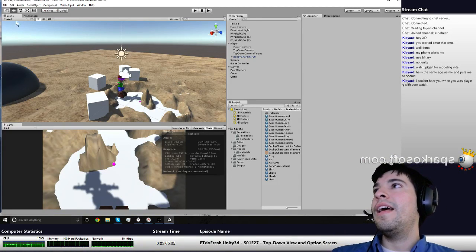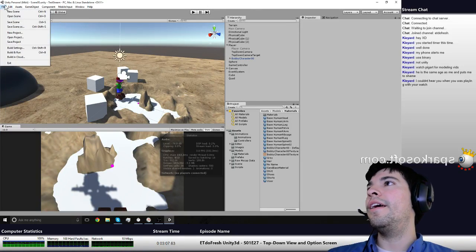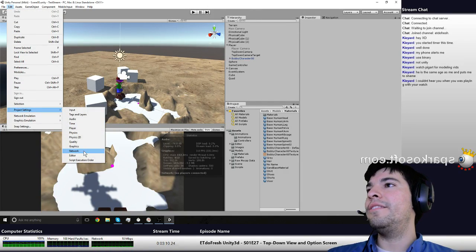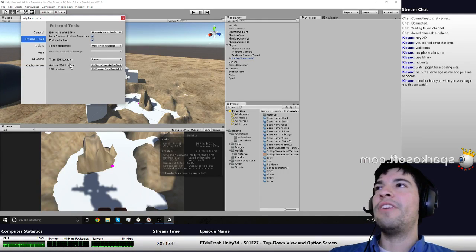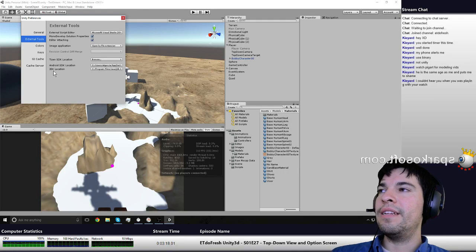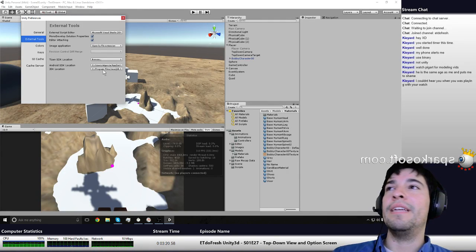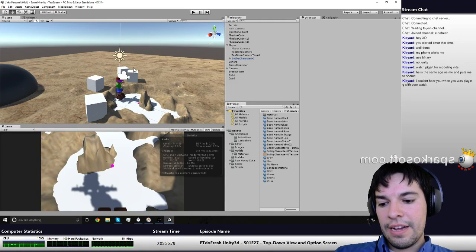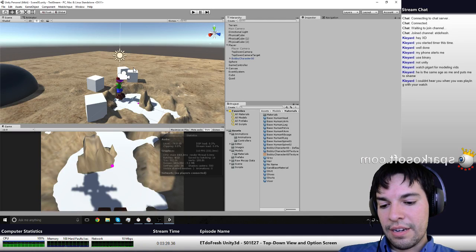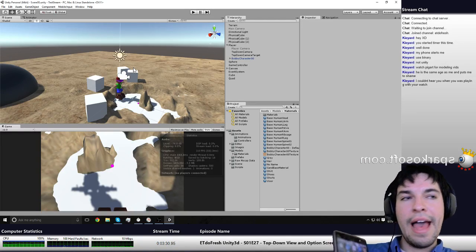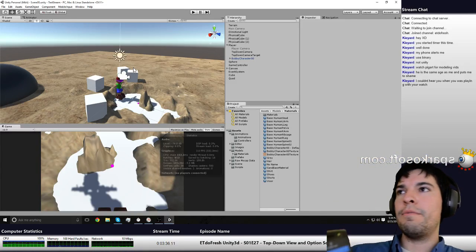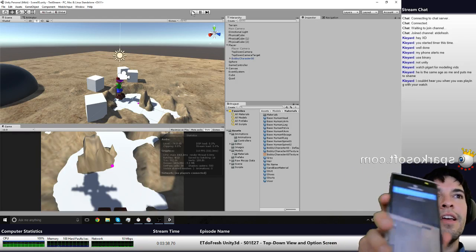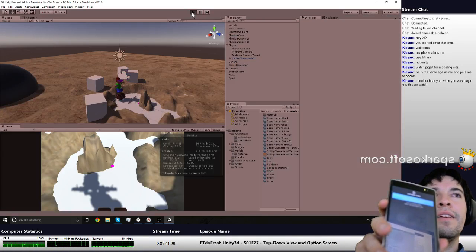And I had to install a few things on Unity. If I go to my preferences and go to external tools, I had to make sure I had the Android SDK and specify where it's installed, and the JDK, the Java Developer Kit, and tell it where that was installed. Once you've got those two things, start up Unity, and then start up your Unity Remote app on here. I know it's really glossy. So that's the Unity Remote app, and so now when I hit play in Unity right here, it should hopefully